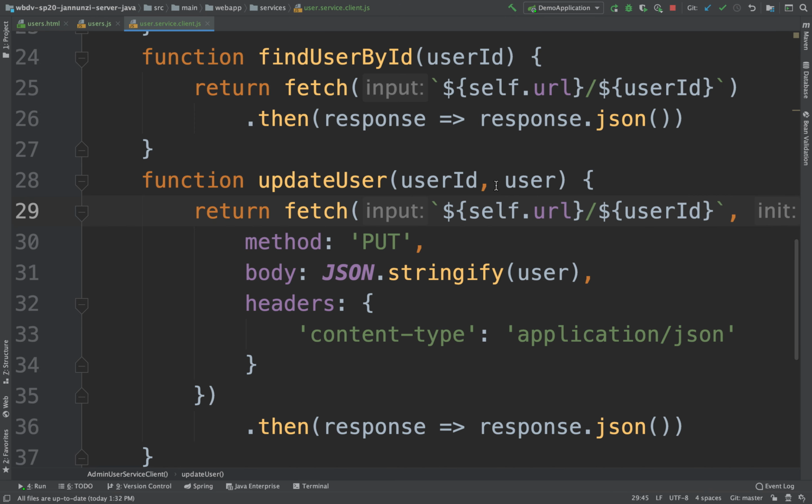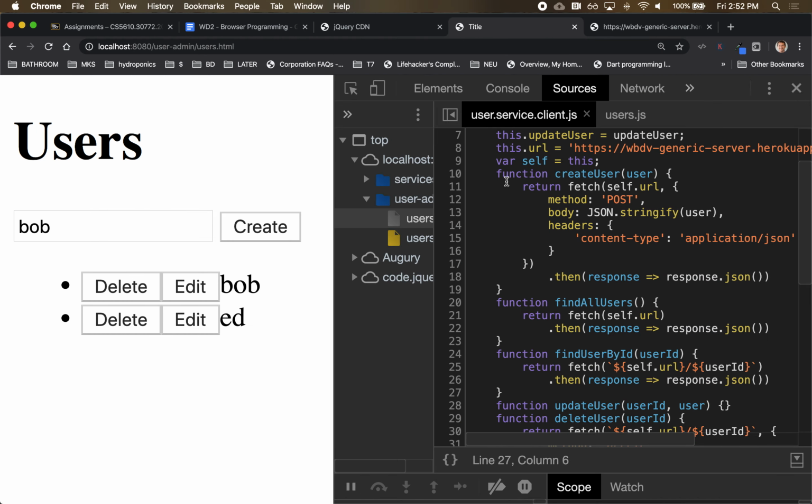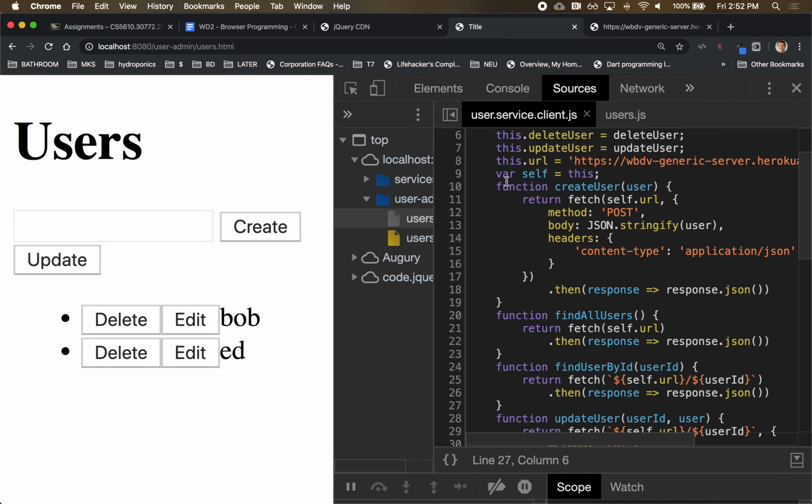Paste. All right, so that's the update. Let's try it out, see if this blows up. Let's go back and refresh. If I click on edit, Bob, then add, I can say add word, and click on update,